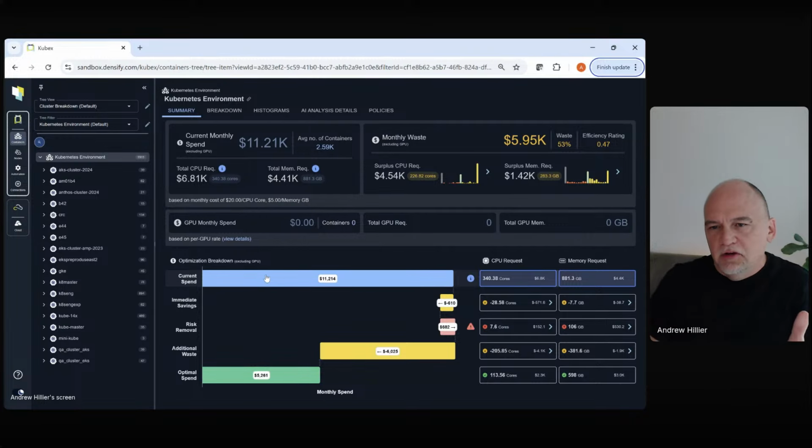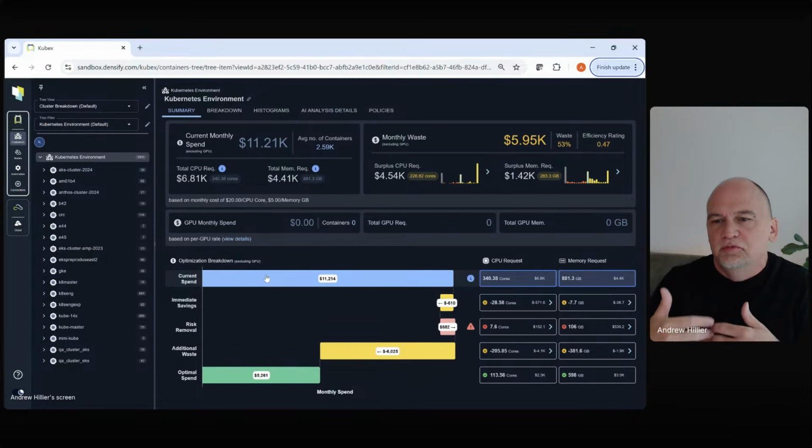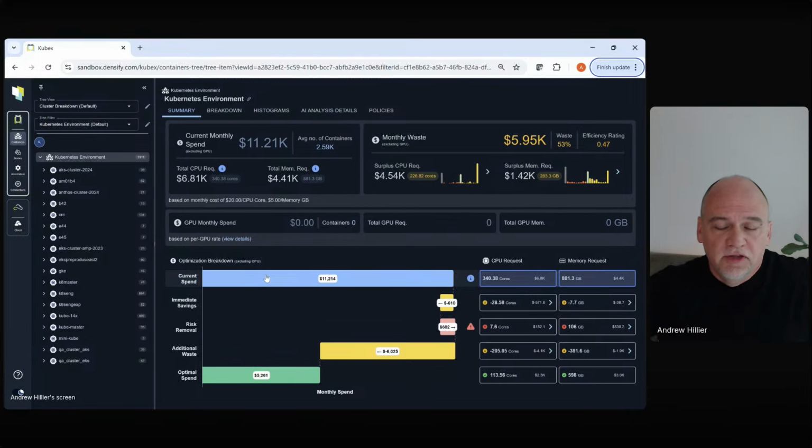If things are too big, they're expensive. If they're too small, they're risky. If your limits are too low, you get killed. That's exactly what we analyze, and we do that at scale, and then we automate the fixing of that, which is very important because it's one thing to understand what one container is doing between its request and limit, and all that's good. But if you have thousands or tens of thousands, or we have customers with hundreds of thousands of containers, that's not practical to do manually.